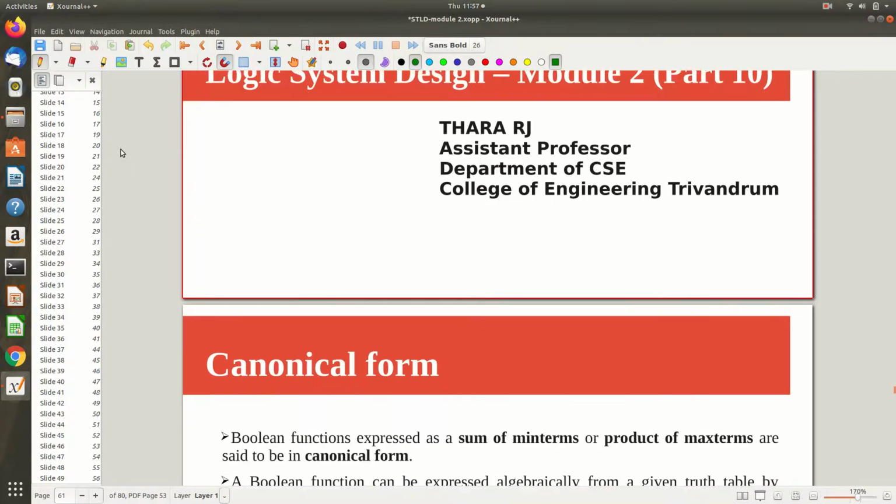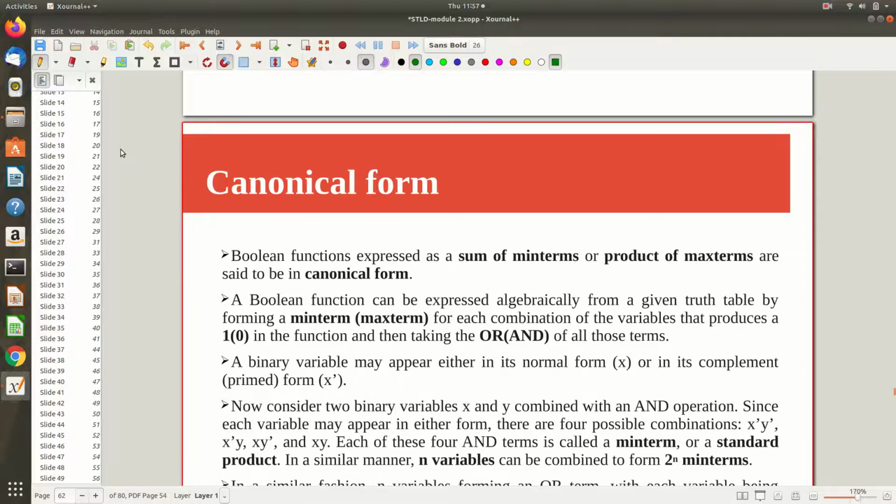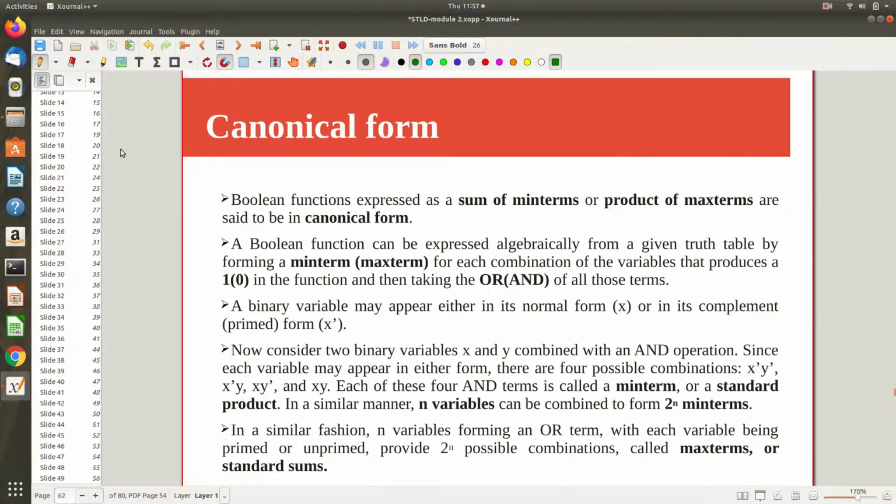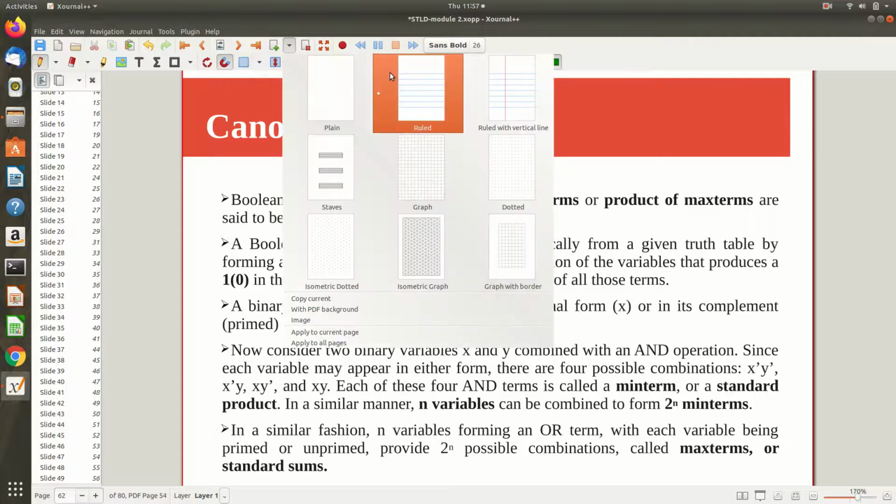Now we are going to see a different concept called a canonical form. Given any Boolean algebraic expression, what is its canonical form and what is its importance? The theory part is explained here. Let me take a small example and introduce you to the concept, and after that we will see the theory, right?